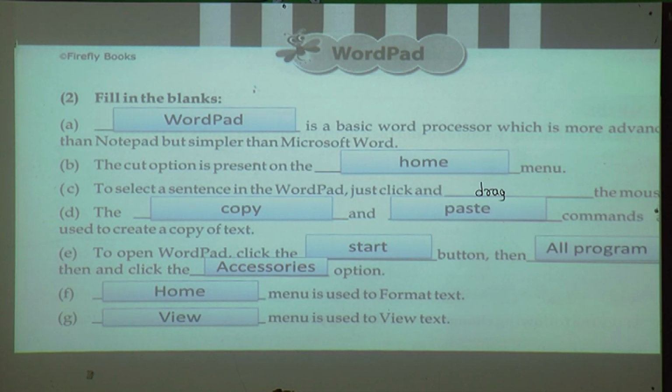And last one, View menu is used to view text. Write down fast. Finish.